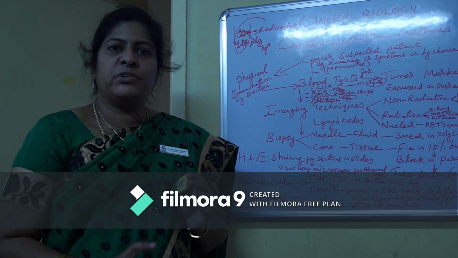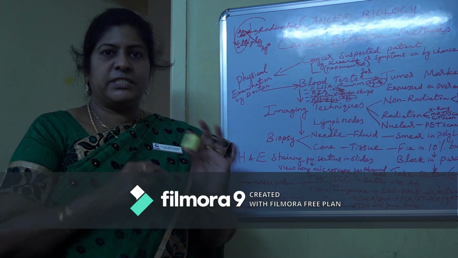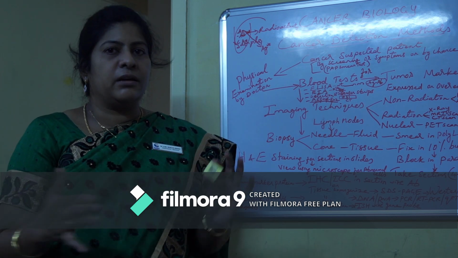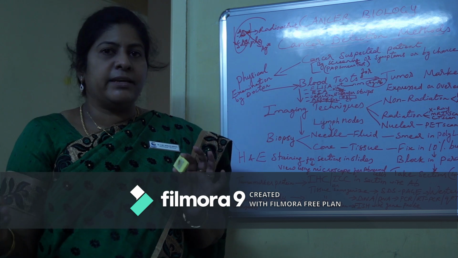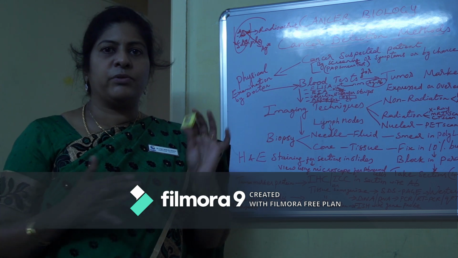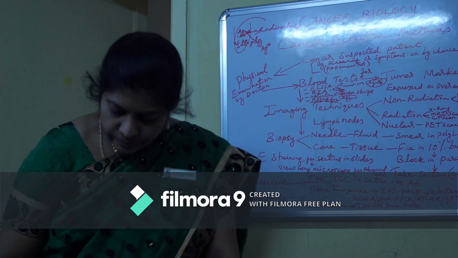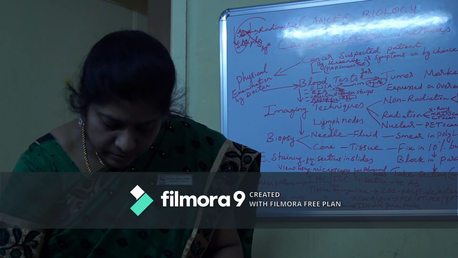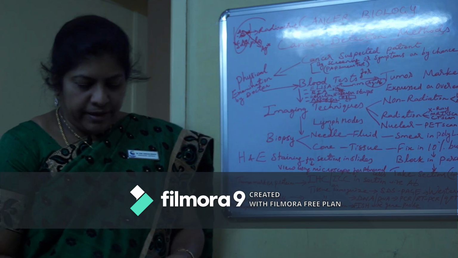Now we have to rehydrate it to stain with hematoxylin, using a series of alcohol reagents, and then finally with water and xylene you wash the tissue section so that it will be completely dewaxed,